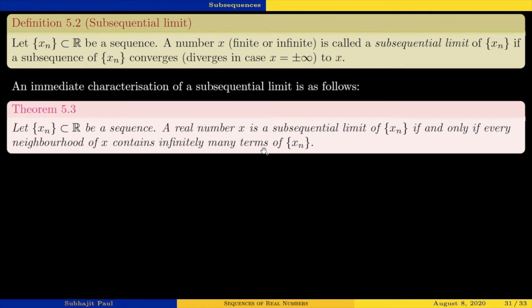but this criterion you cannot apply over here, because you cannot consider a neighborhood of the point infinity. So a real number x is a subsequential limit if and only if every neighborhood of x contains infinitely many terms of xn. Now, this theorem